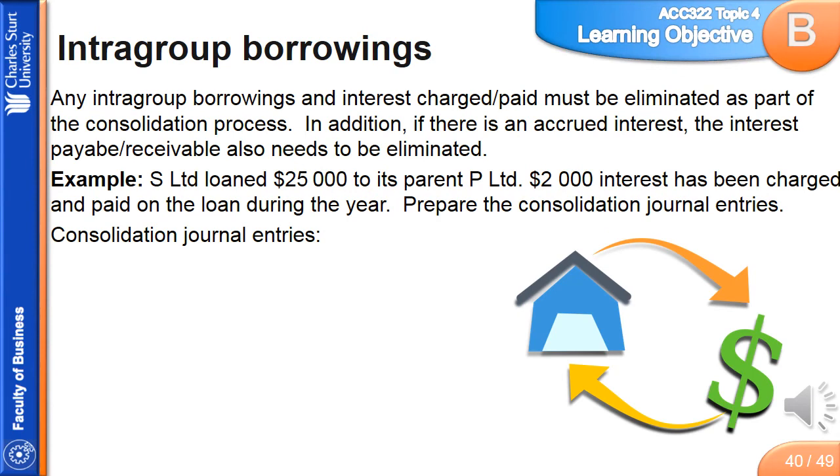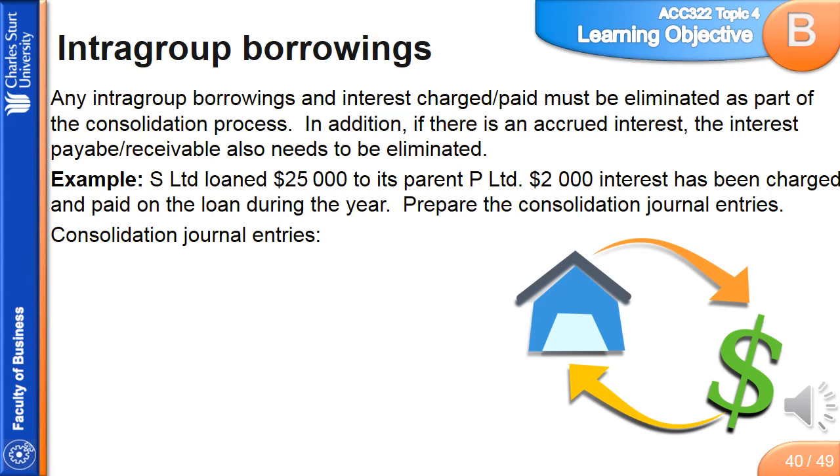So anytime there's a loan of money and interest charged or paid for doing so within an economic entity, it must be eliminated as part of the consolidation process. And also, if there's any accrued interest, so a payable or a receivable, that interest needs to be eliminated as well. So let's look at a simple example here where the subsidiary S Limited loaned $25,000 to its parent